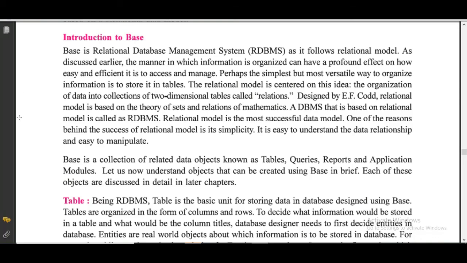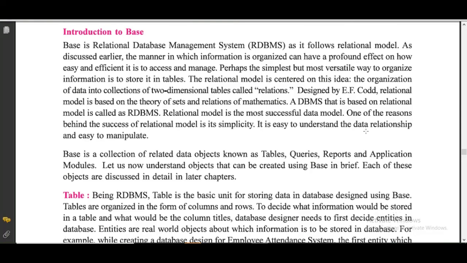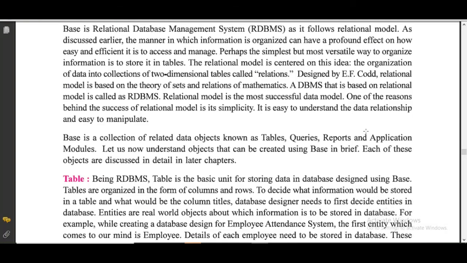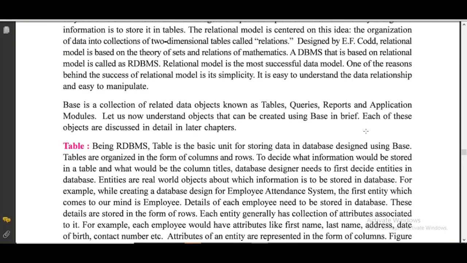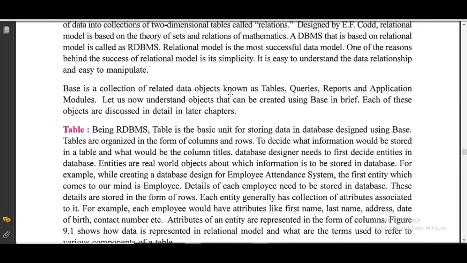And this model is designed by E.F. Codd. The name of that person who has introduced this model, relational model, is E.F. Codd. And this relational model is based on the theory of sets and relations of mathematics. And it is the most successful model of database. Now Base is a collection of related data objects known as table, query, reports, and application modules.